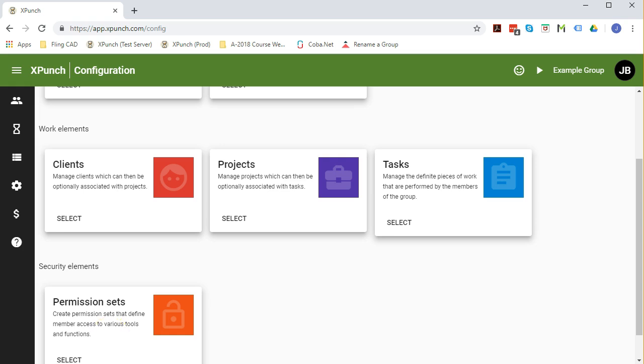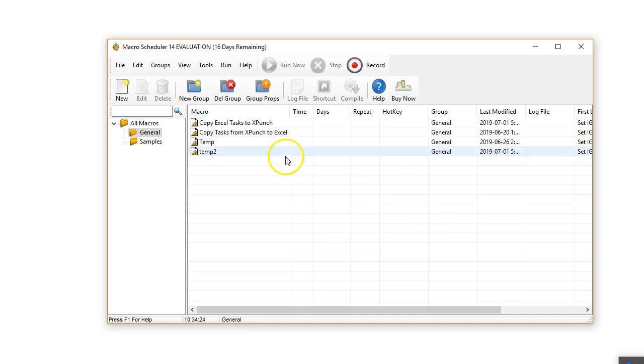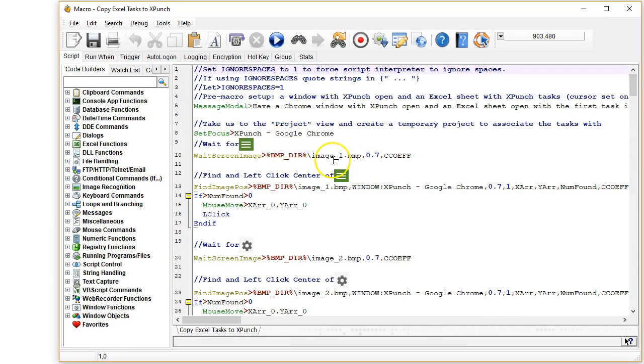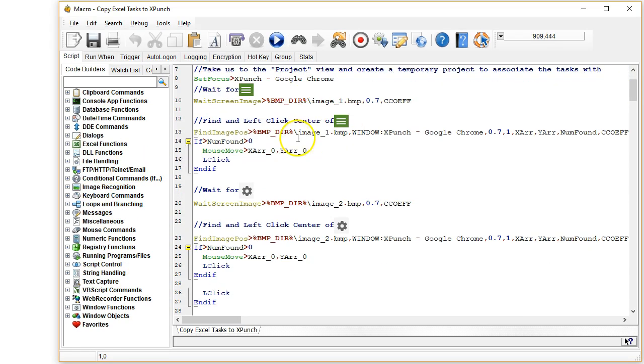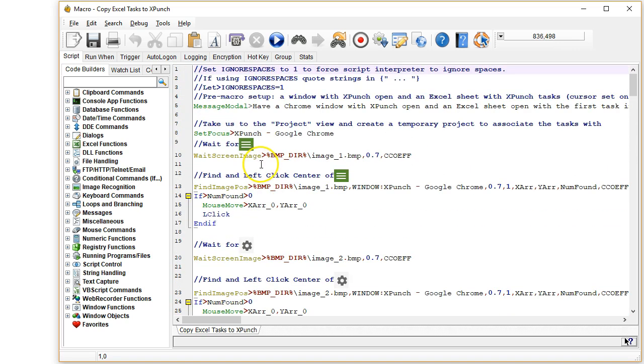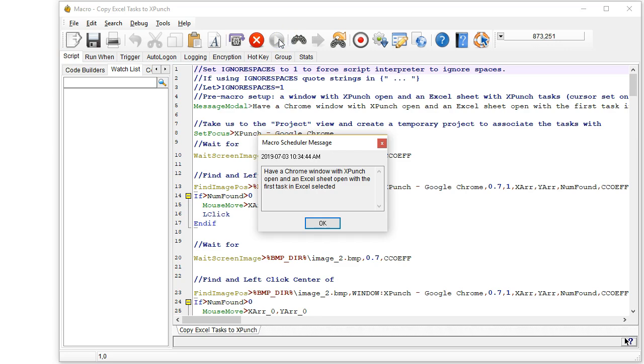So just to show you this in operation, let's run it here. If I just open the macro, and what have I got here? Copy Excel tasks to XPunch. So if I just run that, and this code, it generates using these things over here. It pretty much generates its own code for you. So you can see pictures of the buttons that it's clicking on and stuff like that. So if I just run this and let it do its thing,